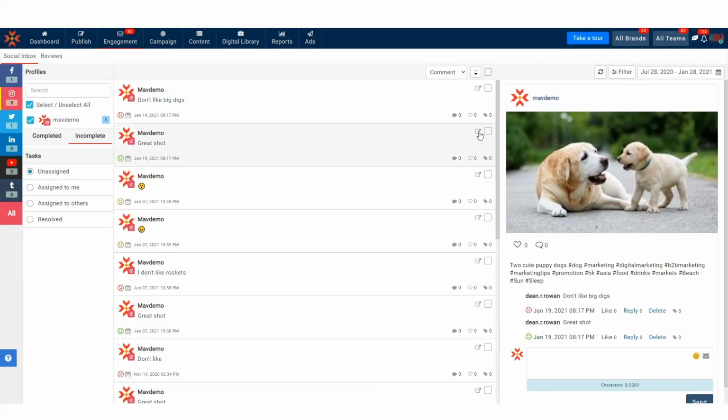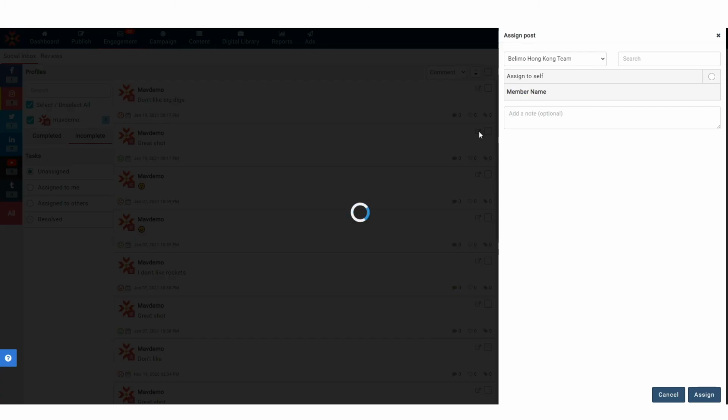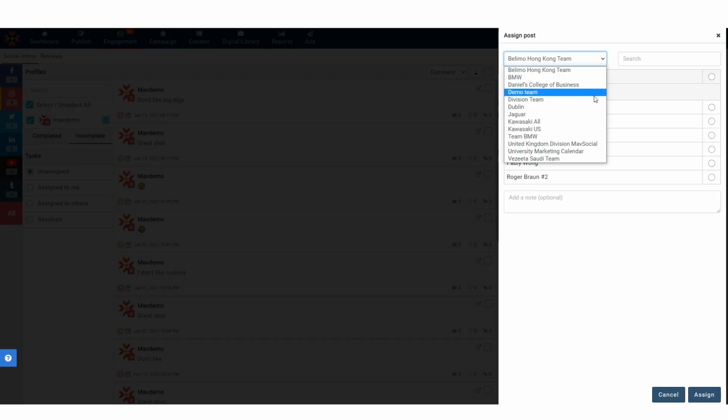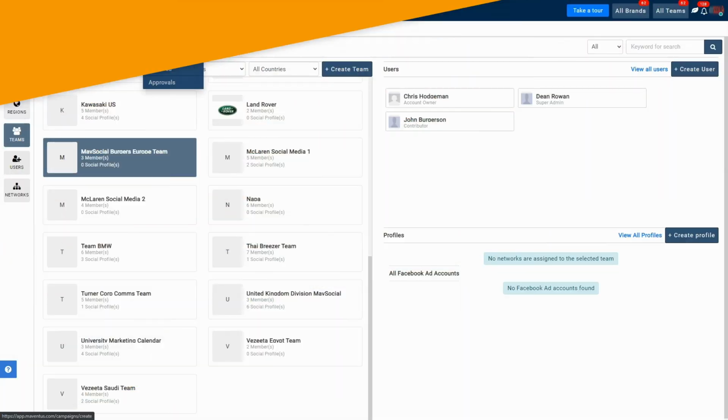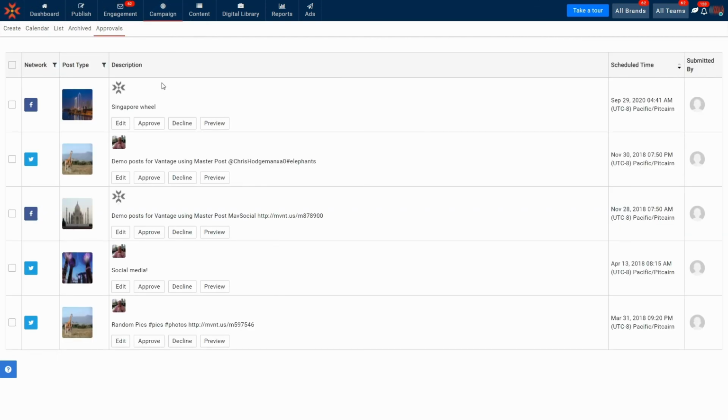Once you have set up all your users, teams, and permissions, you can then look at the workflow. You can assign engagements or reviews to a particular user for a response, helping you delegate and organize tasks amongst your team. When a user submits an action for approval, team members with approval permission and super admins will receive a notification that an action is awaiting approval. Head to the Campaigns tab and click the Approvals tab to view all posts pending approval. The approval can be given, rejected with comments, or the post can be edited by the approver themselves.